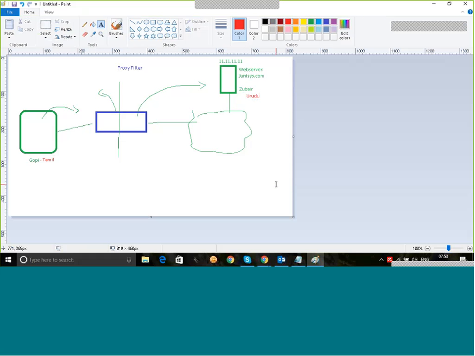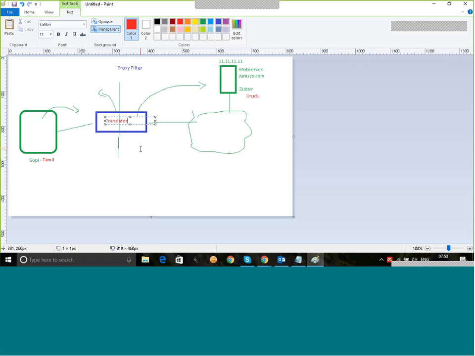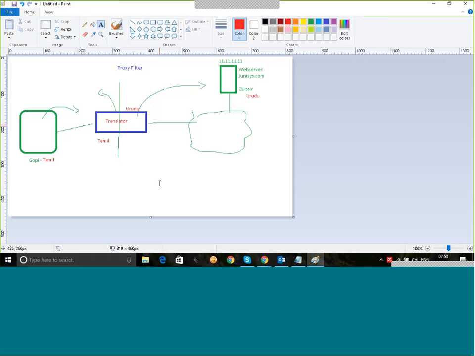Now, we both of us have to talk to each other. How is it possible? Right, we need a translator. Now, the translator is supposed to know both the languages. Correct? So whenever I'm trying to pass the information, I have to send it to the translator. The information is actually meant for Zubair, but I'm sending it to the translator. What the translator has to do is understand the meaning of the communication, and then translate the same in Urdu